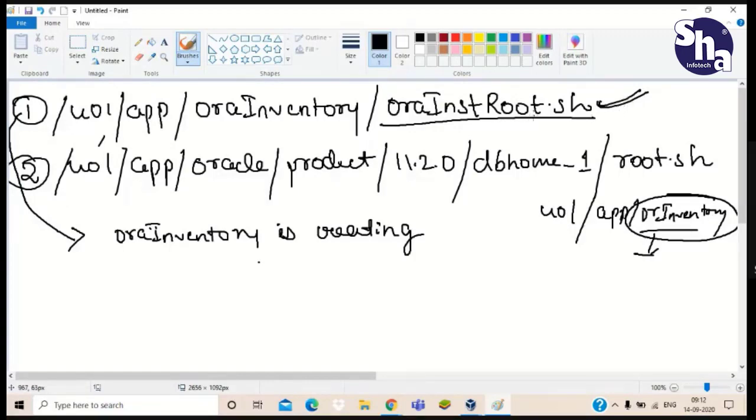We run this script to create the Aura inventory. So the first point is that with the help of the aura inst root.sh script, we create the inventory file.